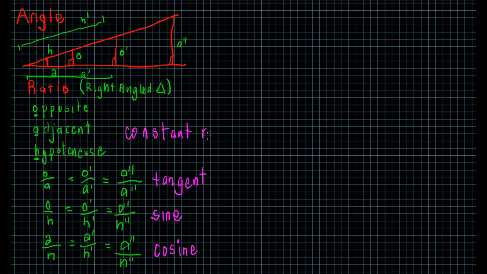And this is the thing. For each angle, as long as the angle stays the same in a right angled triangle, the ratio will stay the same. And then we give the ratios a name, and there you go. Now then it came to pass that they decided, well, we could accurately measure these ratios, so they could say,